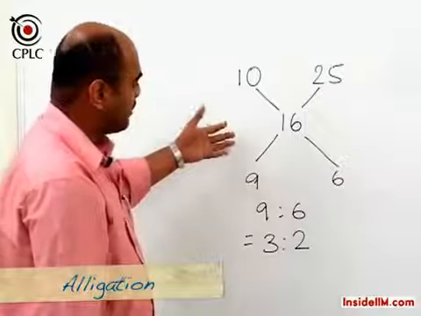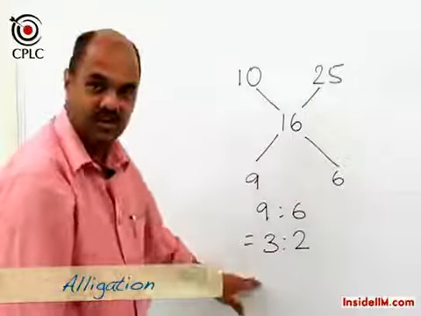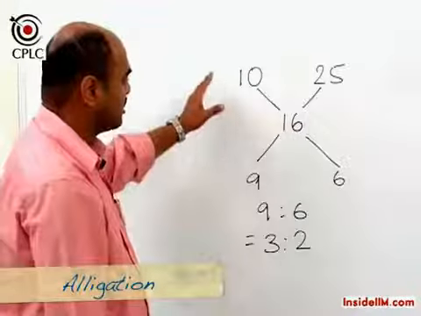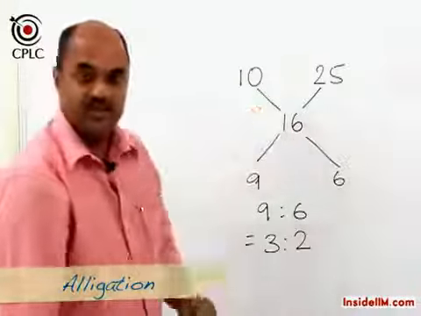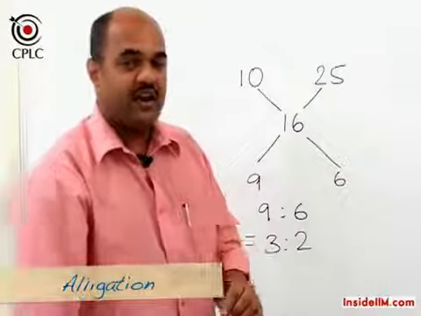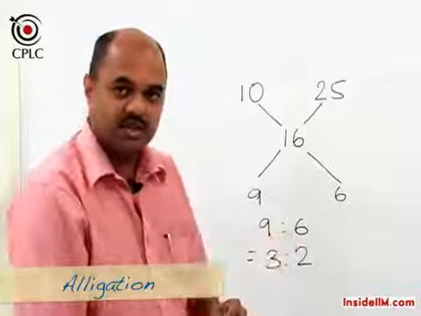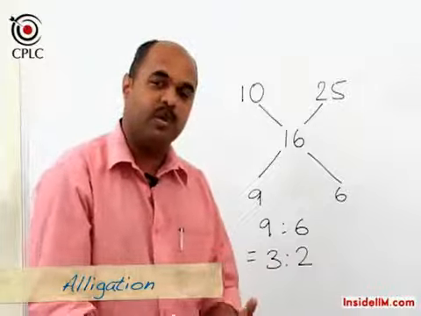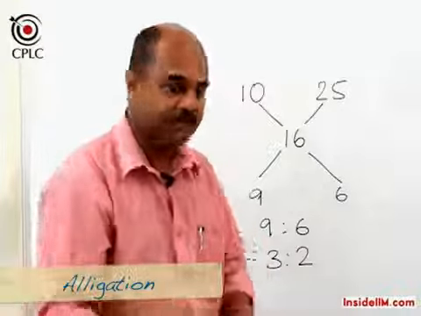So this is an example where instead of the ratios being given, we actually worked out the ratio in which they should be mixed subject to these 3 values. Now though we have taken a case of a mixture, every time we use this concept of alligation, the problem may not really involve a mixture, or it may involve a mixture of a different type.